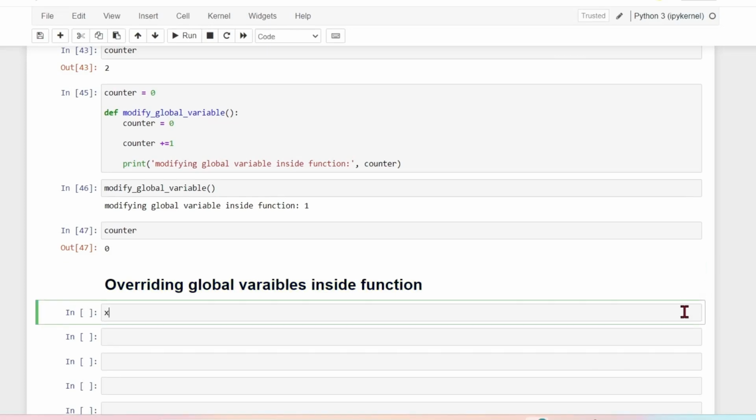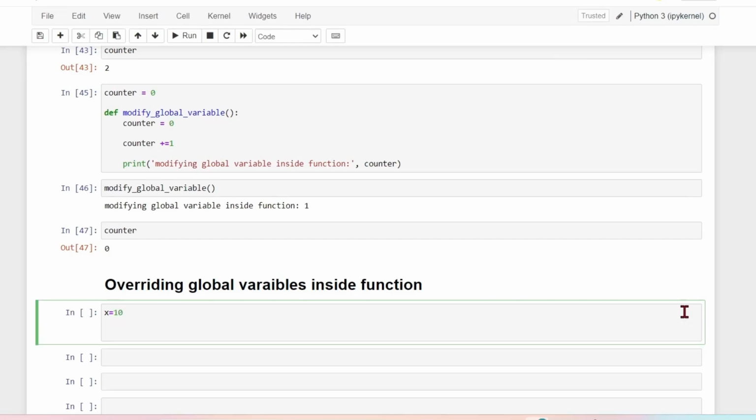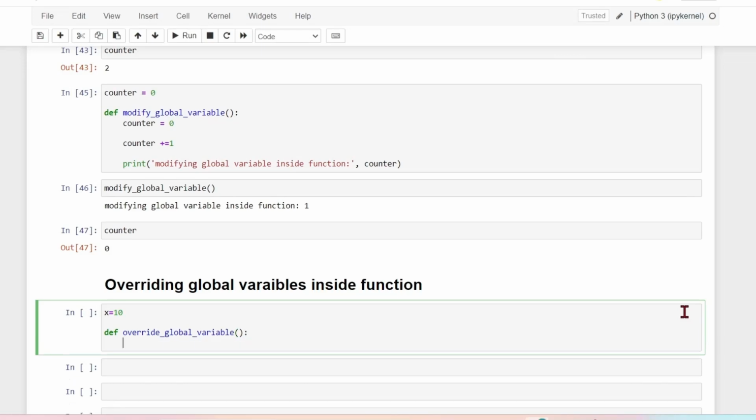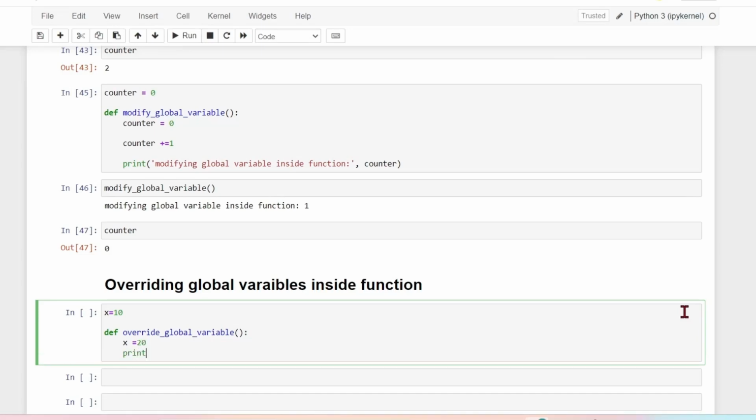I'm creating a global variable x and assigning a value 10 to it, and then creating a function def override global variable and passing no parameters in it, and I'm creating a local variable with the same name as of global variable x and assigning a value to it as 20, and simply printing